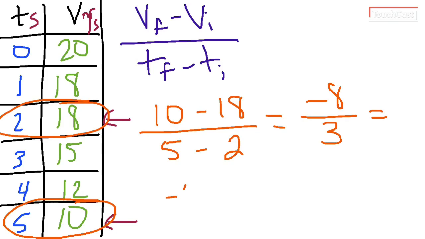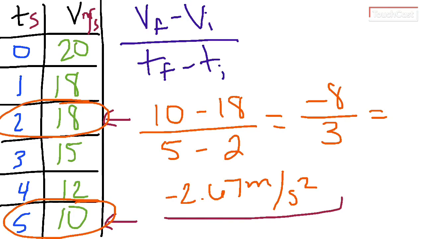So you have negative 2.67 meters a second squared. And so what that negative means, which it is correct, you have a negative acceleration, which is the same as slowing down. And so that makes sense, right? If you look at it, and whatever this